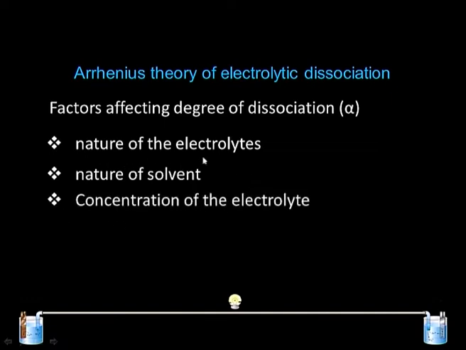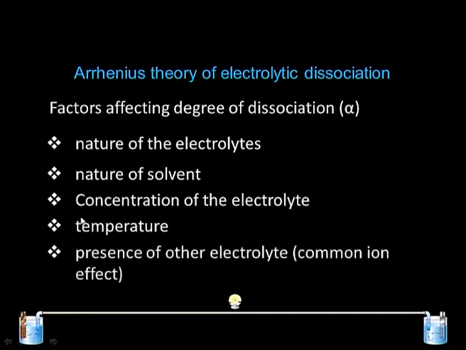Now, concentration of electrolyte is another factor. All this theory tries to explain the dissociation at dilute conditions, but as we increase the concentration, the ions try to behave as ion pairs and do not like to separate from each other, which gives a totally different conductance. Temperature is also a factor because temperature increases the dissociation, and alpha, the degree of dissociation, depends upon temperature. And the common ion effect plays a very significant role in inorganic qualitative analysis.